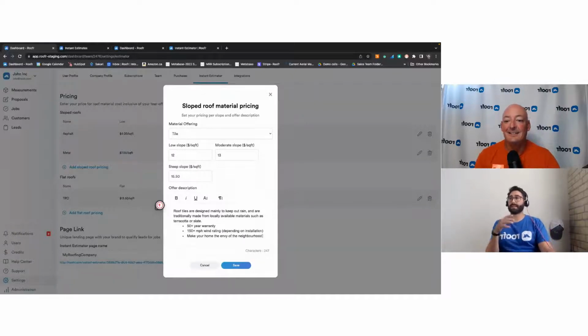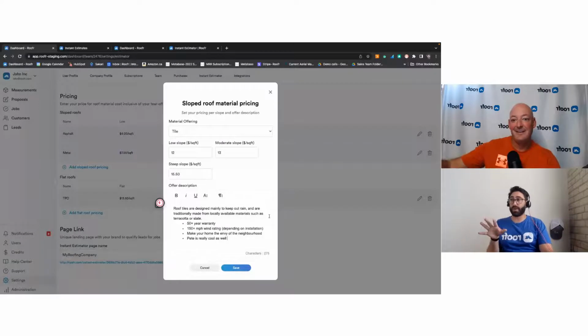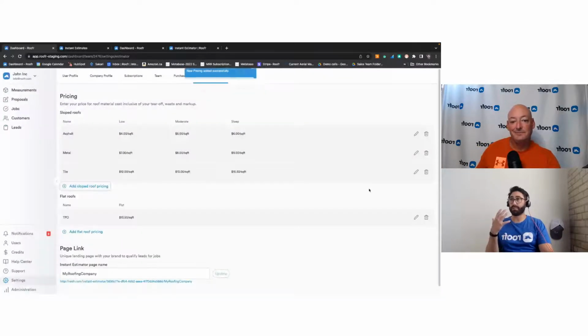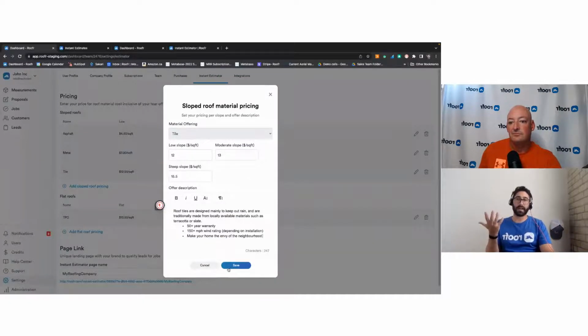You could make this into whatever you want, anything in there saying heat is really cool as well. You can do whatever you want with this stuff, which is really, really cool. It's really customizable. You already have this in. You want to go back and edit it and add some stuff in, and then delete things, add things, whatever the case is. This is what the customers are going to see, so you could kind of customize it